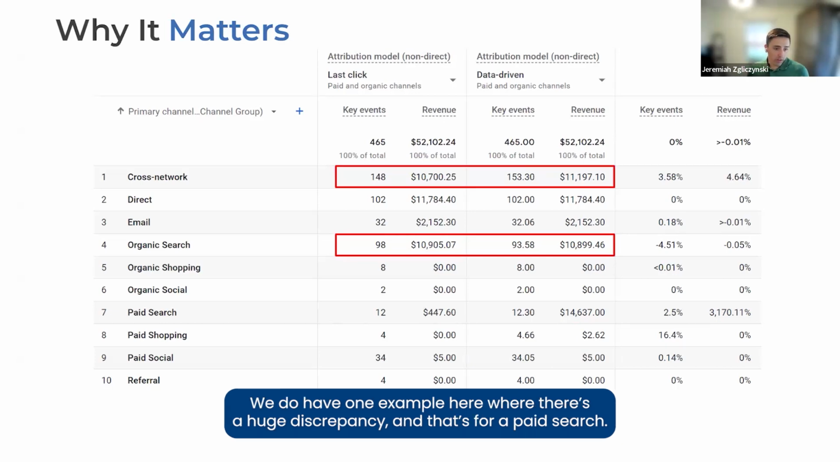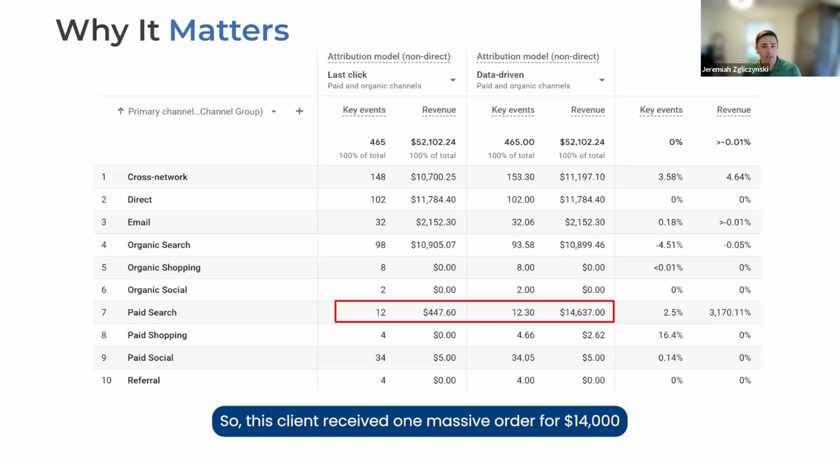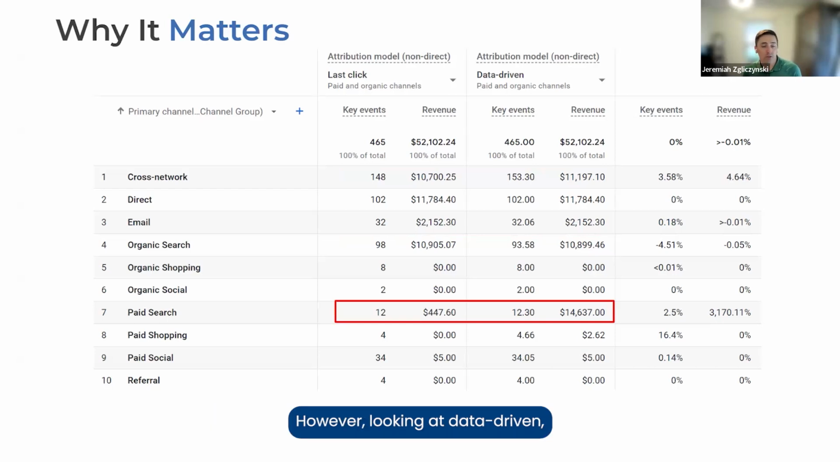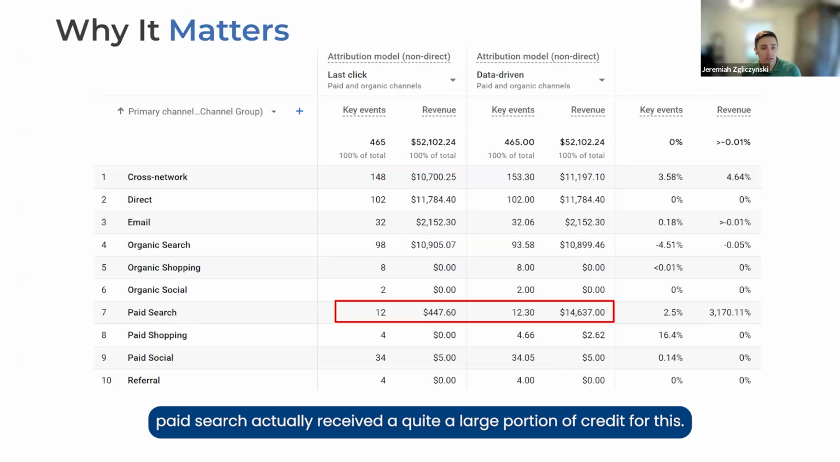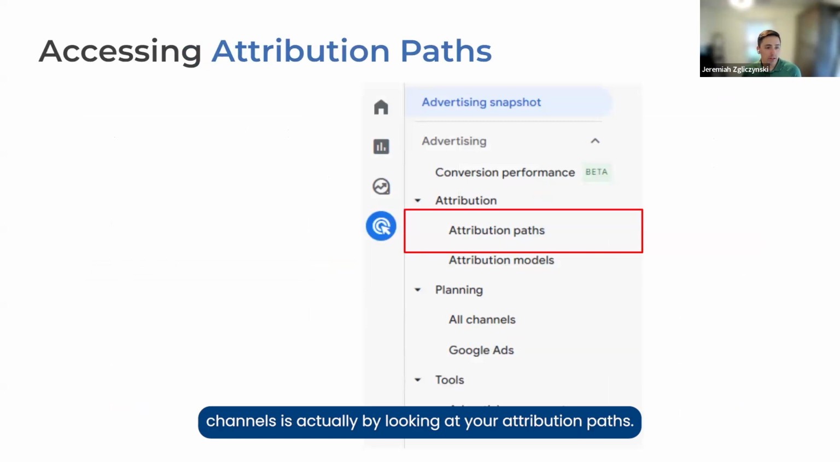We do have one example here where there's a huge discrepancy, and that's for paid search. So this client received one massive order for $14,000. And based on last click, paid search didn't receive any. However, looking at data-driven, paid search actually received quite a large portion of credit for this. The way we determine how much value is being assigned to each of these different channels is actually by looking